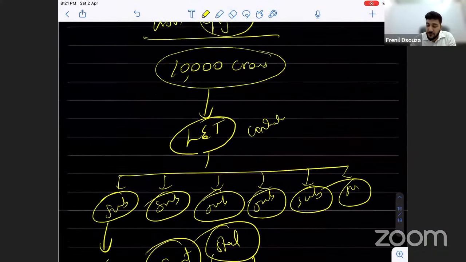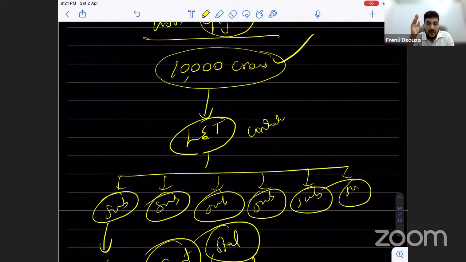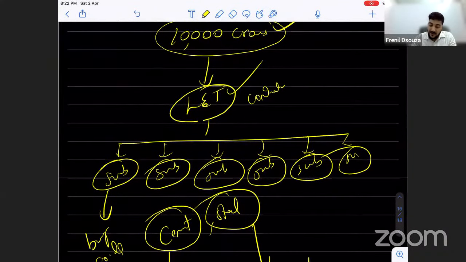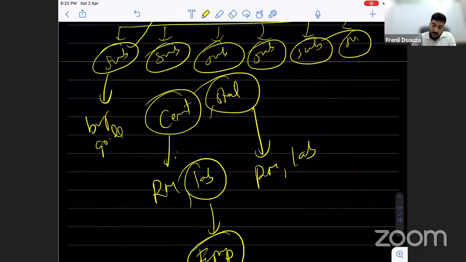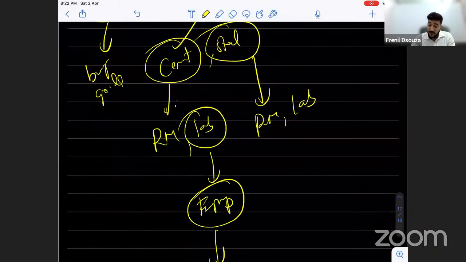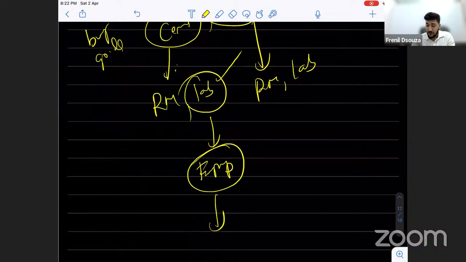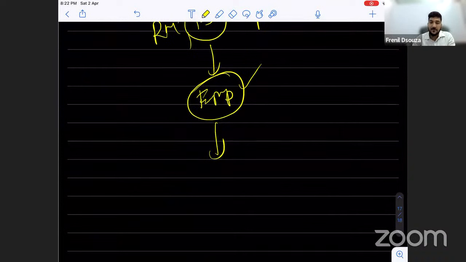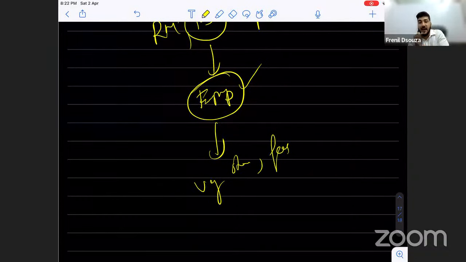So you see, who gave the money first? Money first came from the central government. It went to L&T. From L&T, it went to the subcontractor. From the subcontractor, it went to the cement company. From the cement company, it went to the laborer, which means it went to the employee. And from the employee, it went to, let us say, a vegetable store. He wanted to buy vegetables, he wanted to pay fees, he wanted to do a lot of things with that. So the money is changing hands. But initially, how much did you put in? Only 10,000 crores. But the effect of that 10,000 crores is huge. That is what we are talking about here.